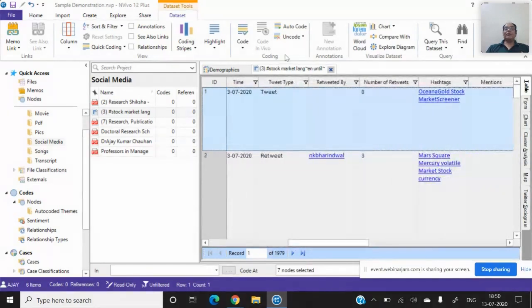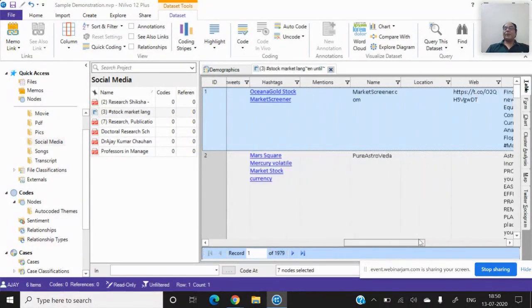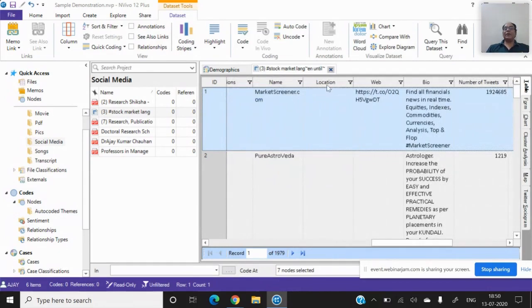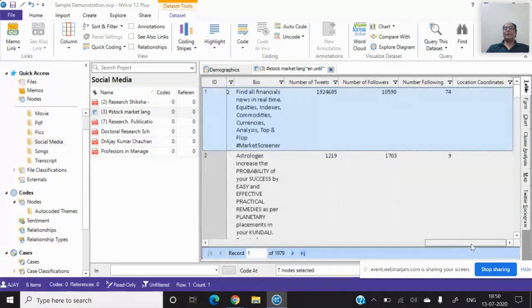After that, you can see the time of the tweet, type of the tweet, retweet, number of retweets, the name of the hashtag, different information, location even, number of tweets by the person, number of followers, following number, location coordinates, like that.